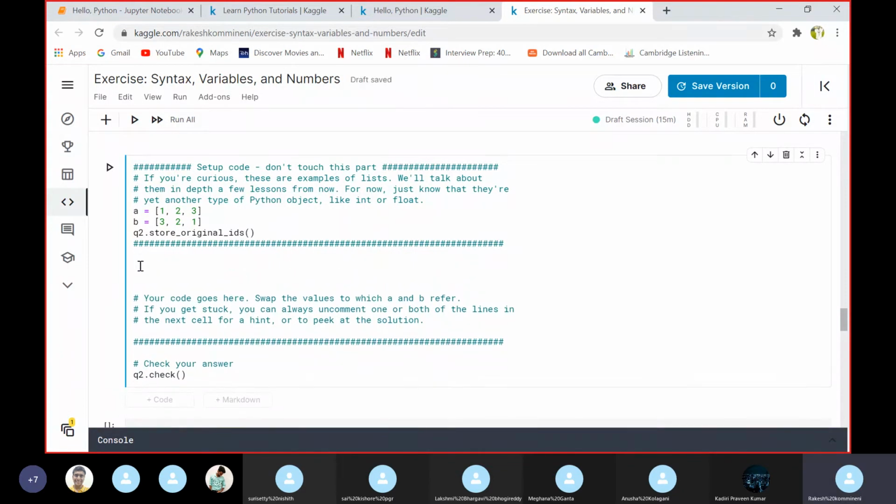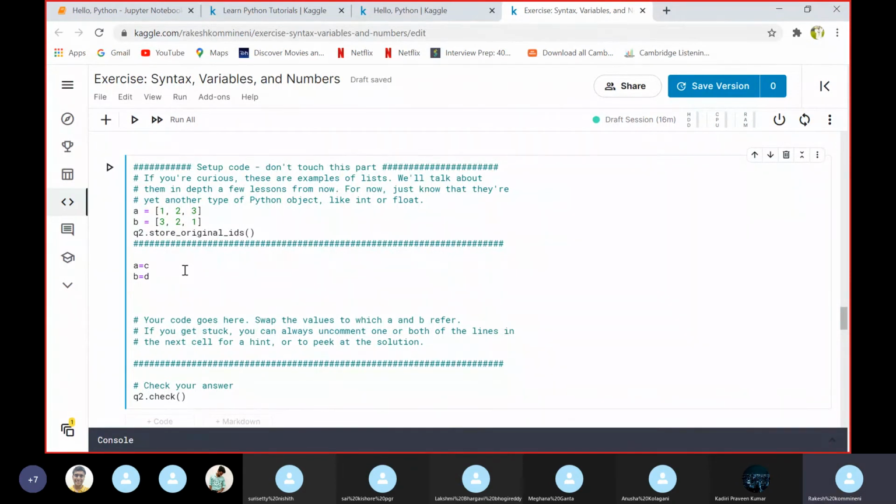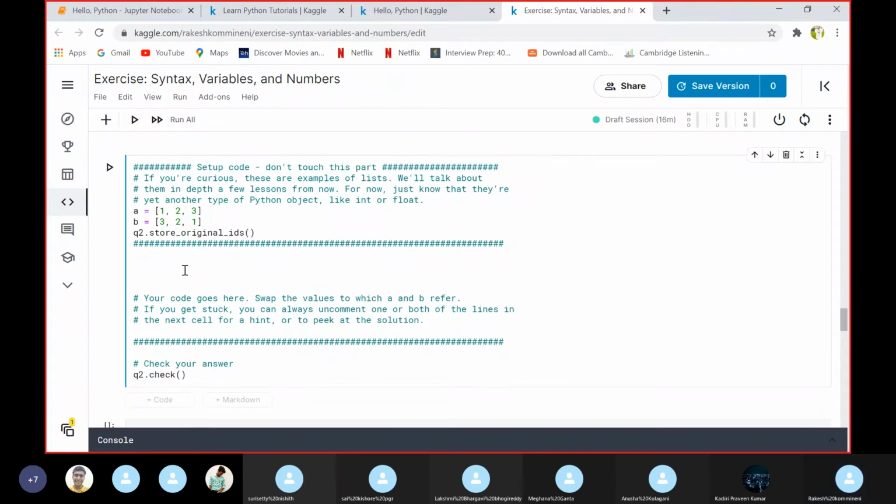So we are trying to swap these variables. a is equal to c and c is equal to b. a is equal to a.